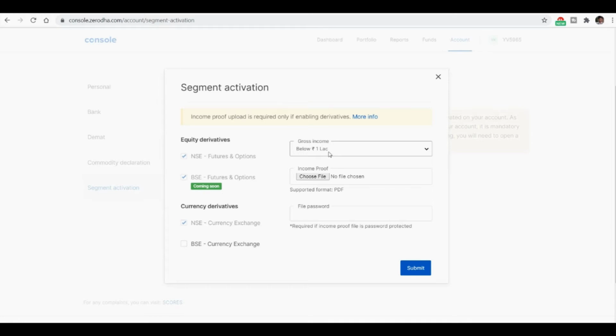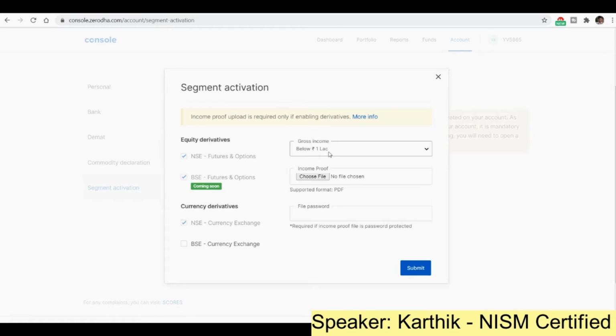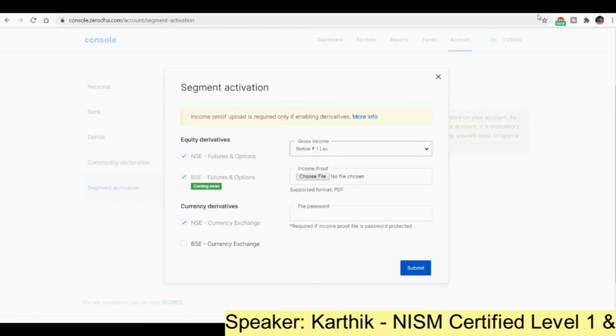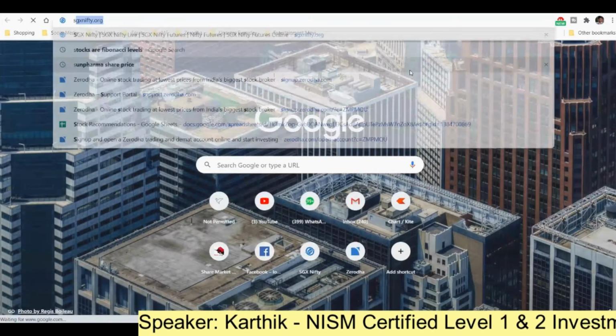It can be anything, just an income proof to show that you are receiving income, because there is a SEBI requirement that allows you to trade FNO when you have some income, whether you are an employee or in business.